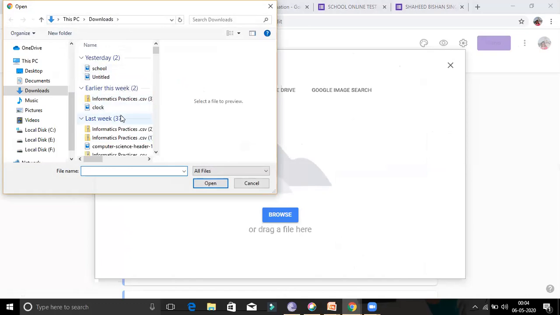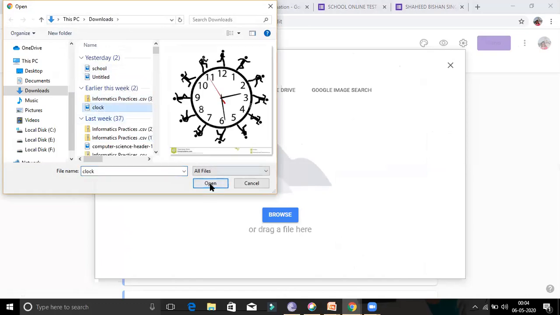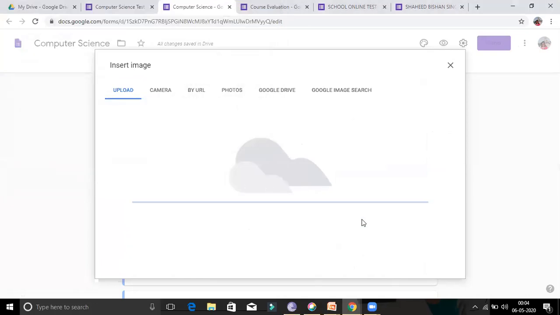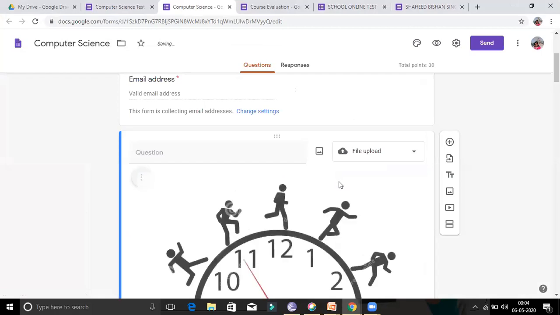Just selecting this. If the language is English, Hindi, Punjabi, teachers can paste any picture here and make a picture composition.